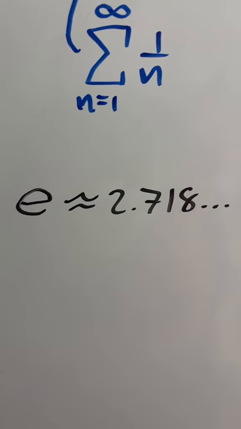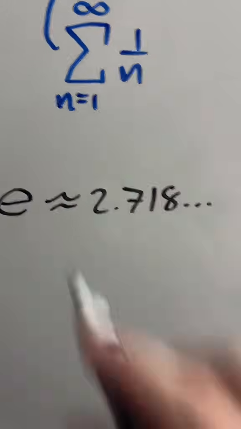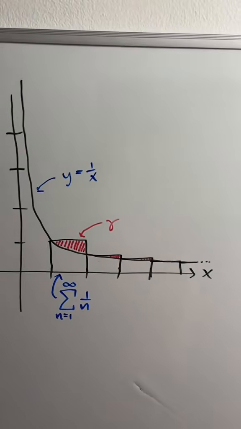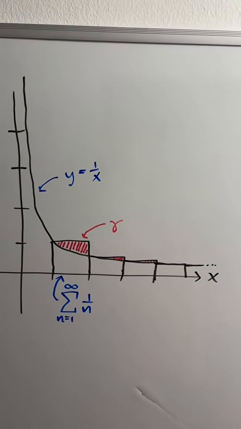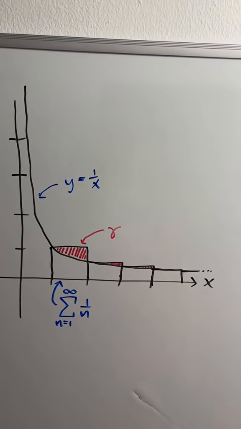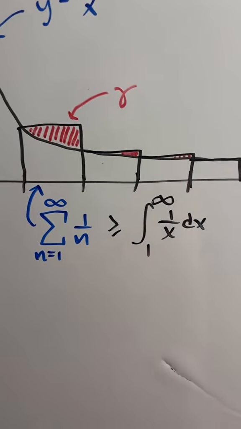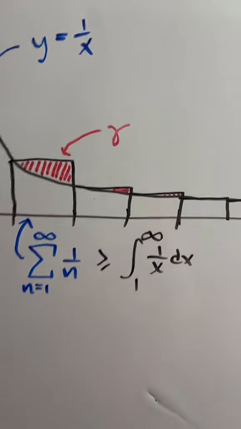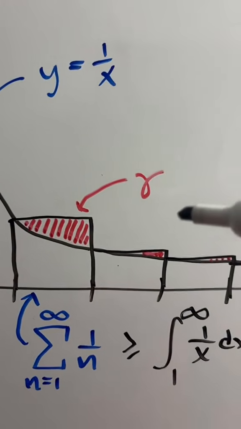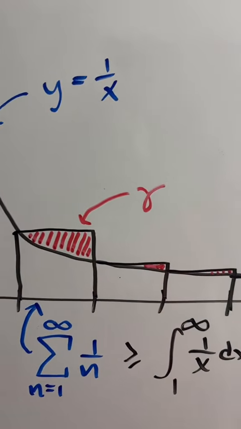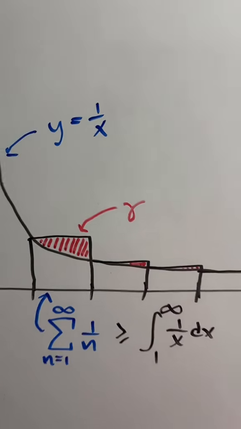Have you ever heard of Euler's constant? Yeah, it's around 2.7. No, I'm talking about Euler's constant. Here I have graphed the harmonic series as a set of boxes as well as the curve 1 over x. As you can see, our series is bounded below by the integral of 1 over x from 1 to infinity, but there is this little difference between the areas, and that's what Euler's constant is, also known as the Euler-Mascheroni